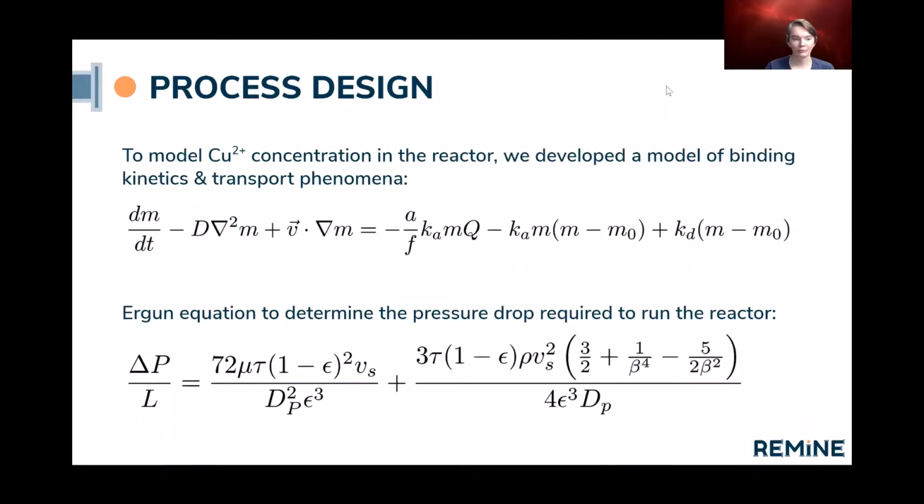In order to determine if this reactor will be effective, we did some modeling using partial differential equations. The first equation describes the motion and binding of copper ions in the reactor. The left side of the equation describes transport effects, the second term representing diffusion of copper from high to low concentration regions,